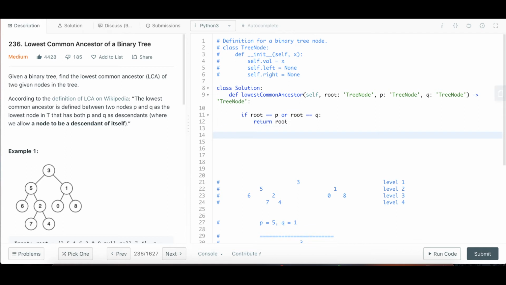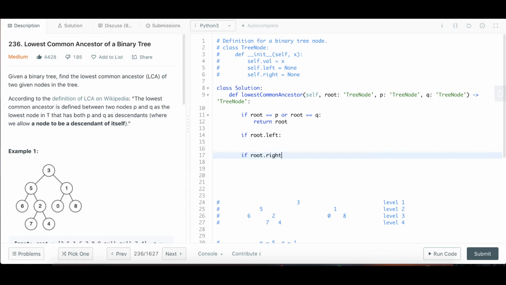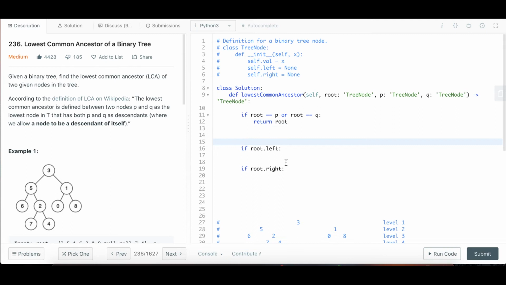We keep that node in mind somehow. If we start from the root and this doesn't get satisfied, we move to the left or right subtrees. Let's say root has a left subtree. We do something, and if root has a right subtree, we do something else. And then based on the output of these two, we decide what we're going to return as the